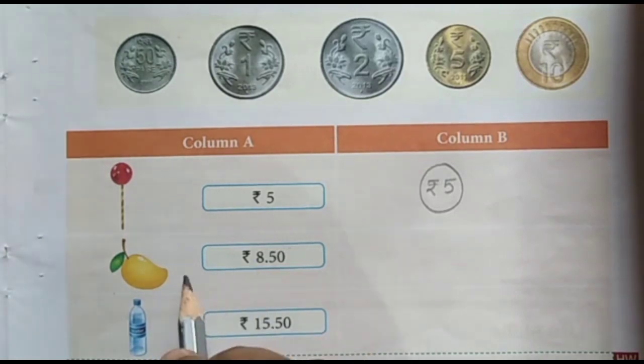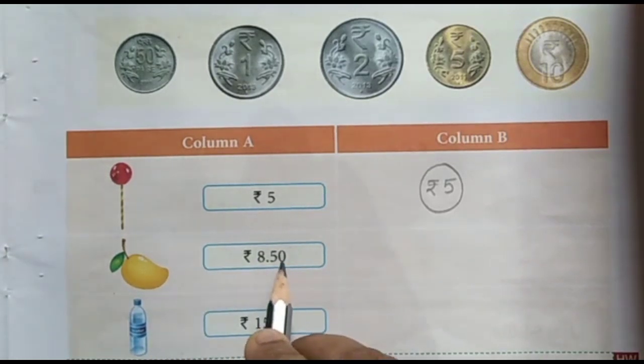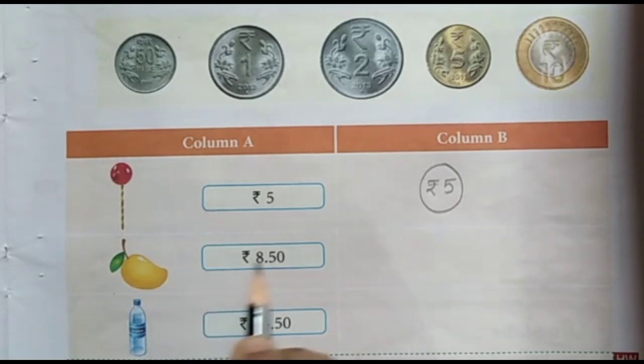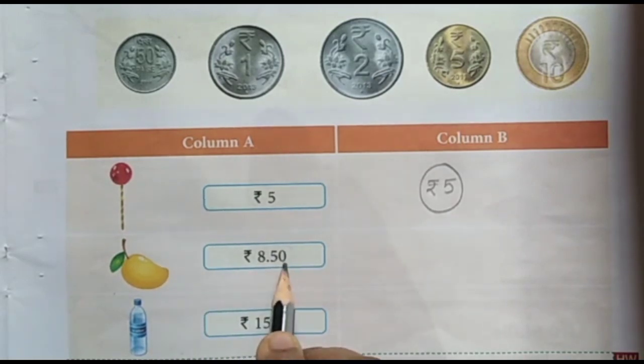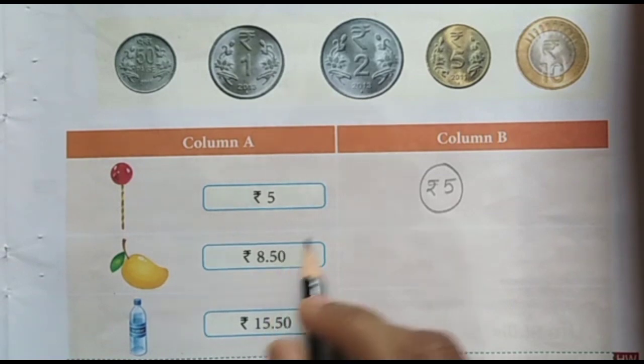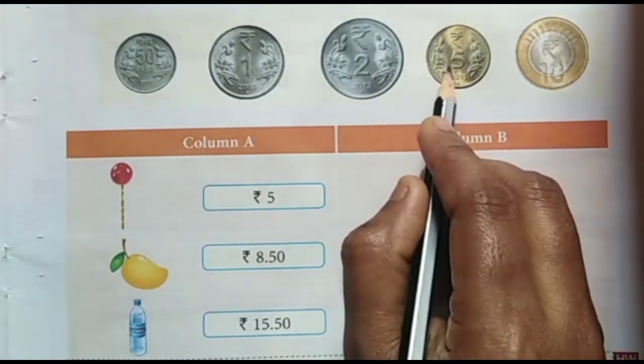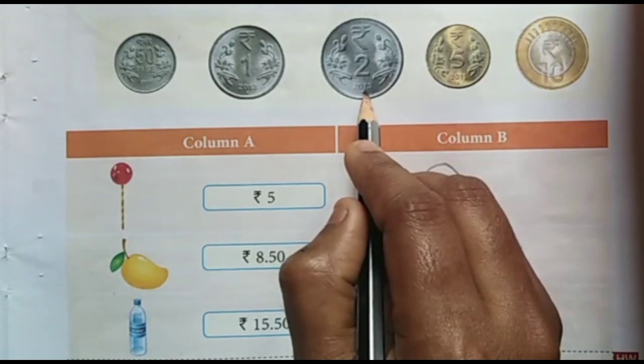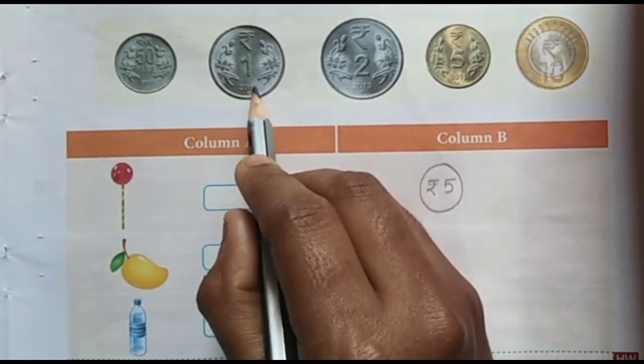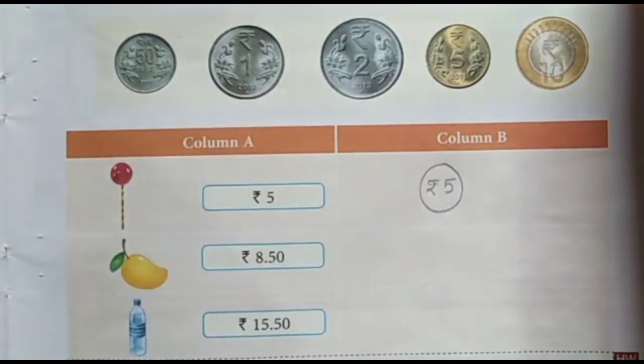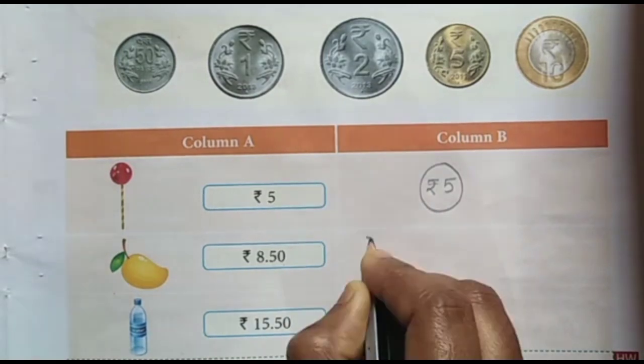Next one is a mango. Here the cost of a mango is 8 rupees 50 paise. To buy this mango we should give 8 rupees 50 paise. Then how will you give 8 rupees 50 paise? For that we can give 1 5 rupees coin, then 1 2 rupees coin, 1 rupee coin and 1 50 paise coin, isn't it? So we can write